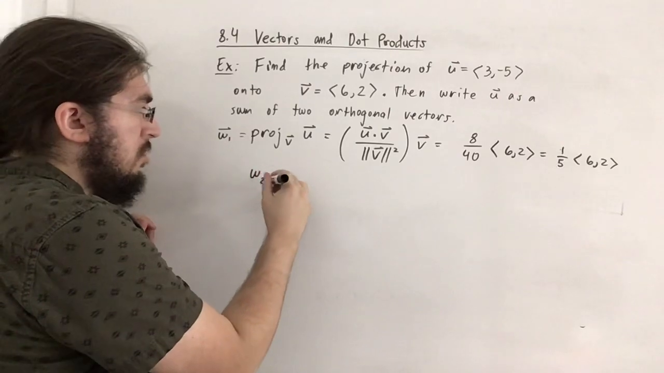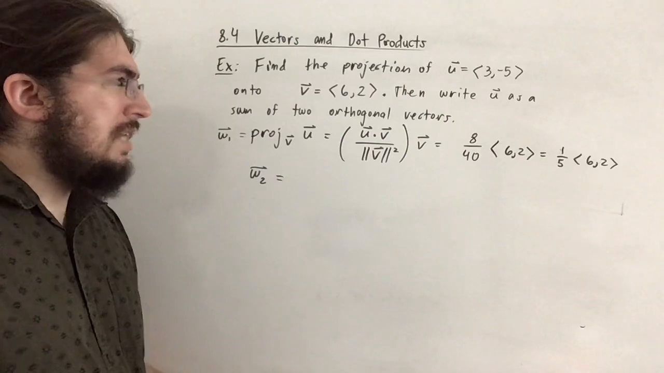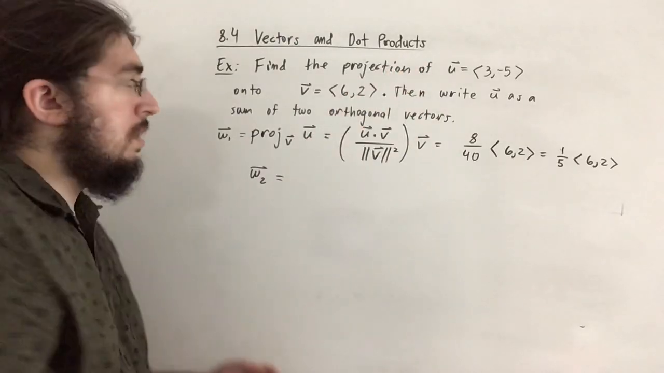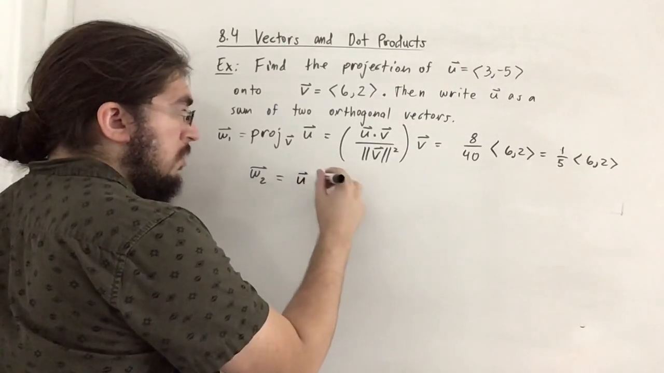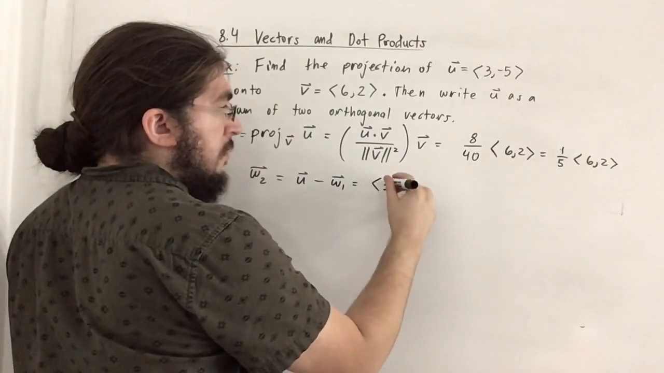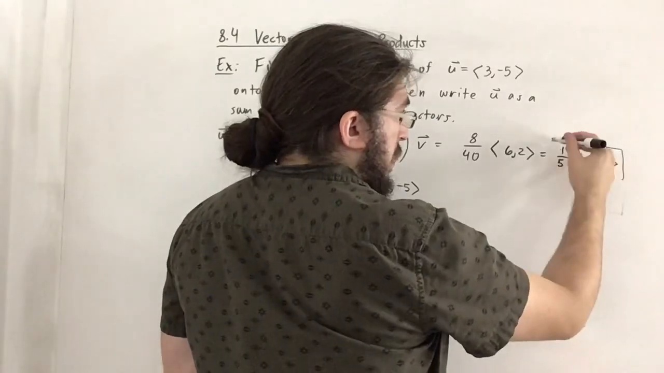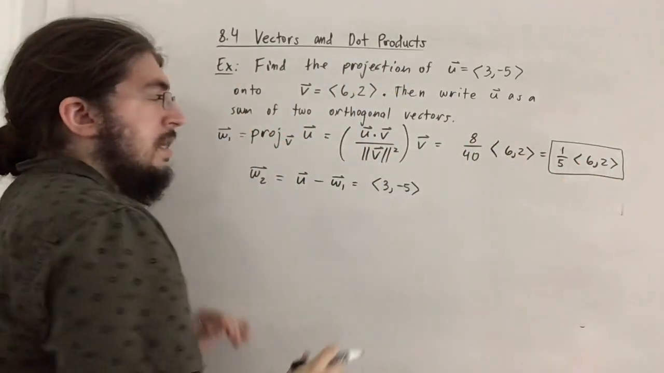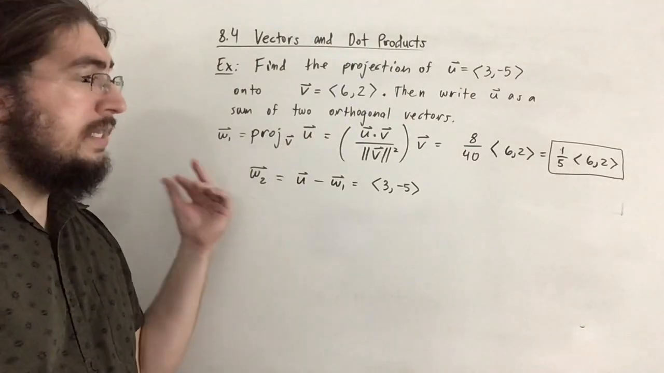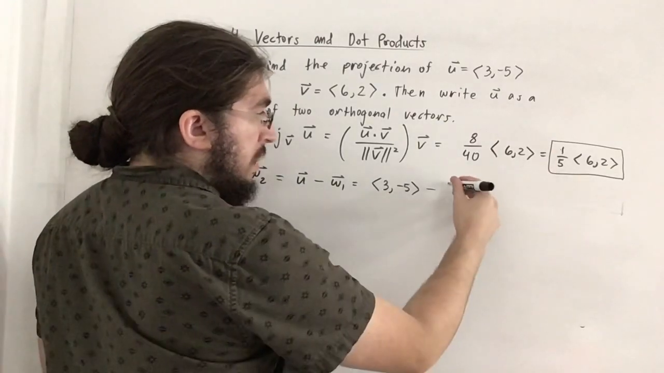Now, to find W2, that I actually haven't shown you, but it's not too bad, since we know that W1 plus W2 must equal U, and that means W2 must be U minus W1. So really we have 3 comma negative 5. So this is the first part of our question, the projection part. That's the projection. The second part of our question requires us to find W2 and then finally write U as W1 plus W2. So we have this vector U minus this new vector 1/5